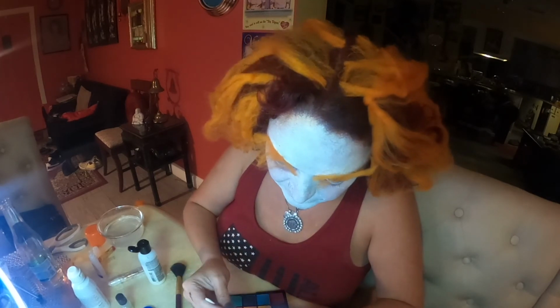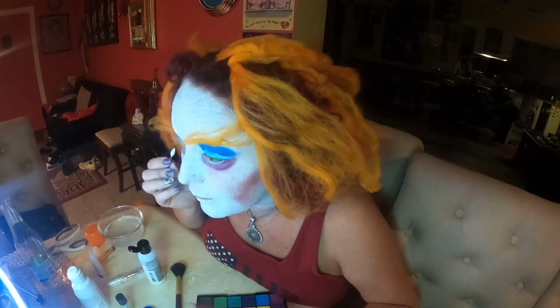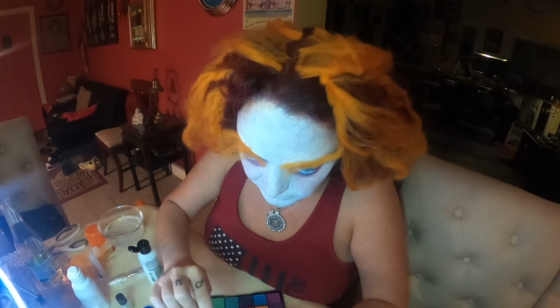Another thing Johnny Depp had was white Twiggies. If you don't know what Twiggies are, I've talked about her before. Twiggy was a supermodel back in the 60s. She became very famous for making fake lashes on her bottom lid in black. That's not why she's called Twiggy, but I think she's called Twiggy because she was so slim. But I took my cream makeup, Ben Nye, and I'm making the little Twiggies